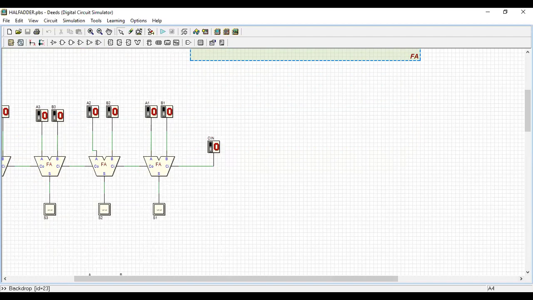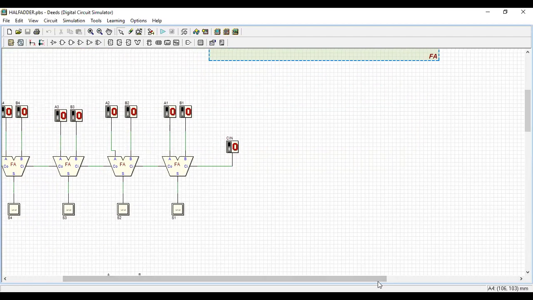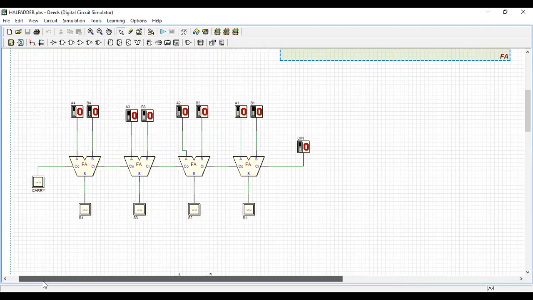Then some questions arose: is it possible to add 2 bits or 3 bits? The answer is, if you put many FAs, what is FA? FA is the full adder. If you put many FAs in series, then you can do parallel addition. So I can add many bits. That is the idea of doing this. This is not an IC, I'm taking individual blocks of full adder.